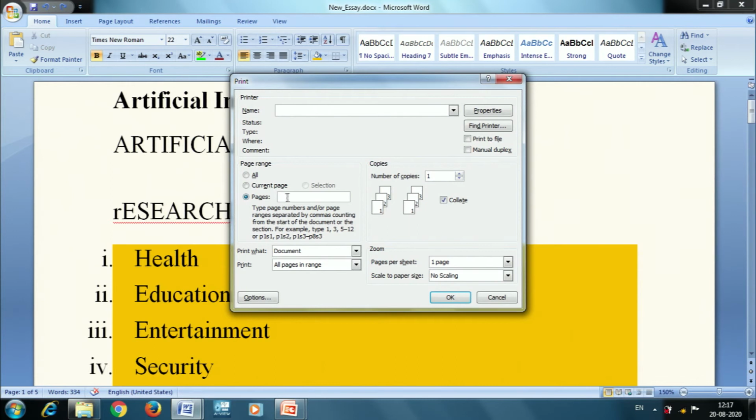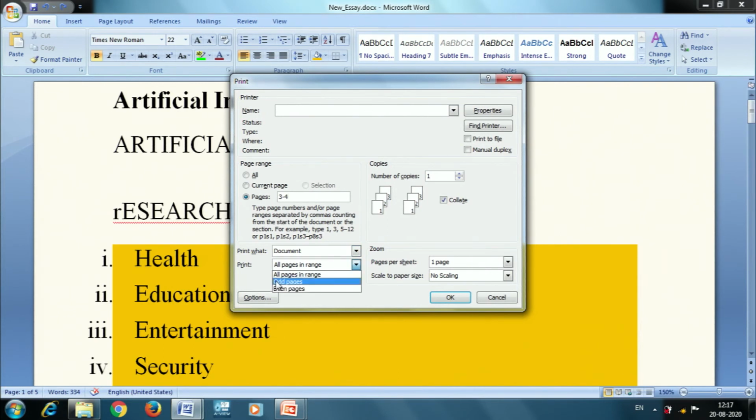And if I want to print only page number 3 and 4, I can give page 3 hyphen 4. So only page number 3 and 4 will be printed. And here it shows print what? I am going to print a document, and print all pages in range.